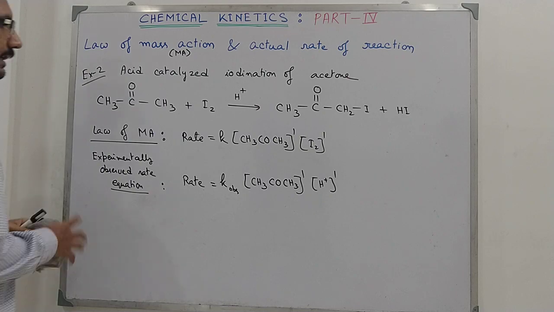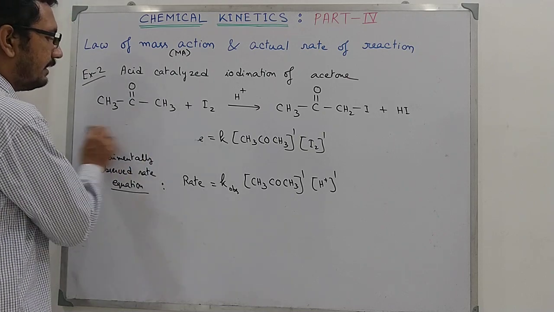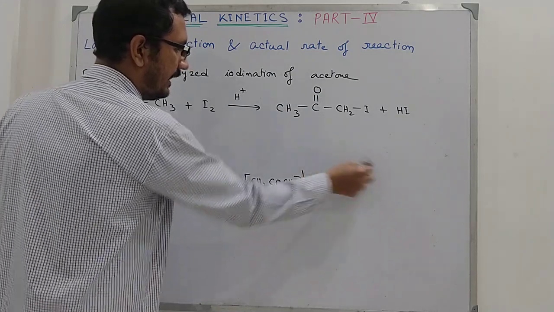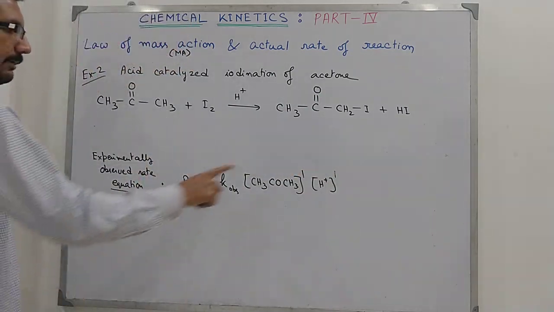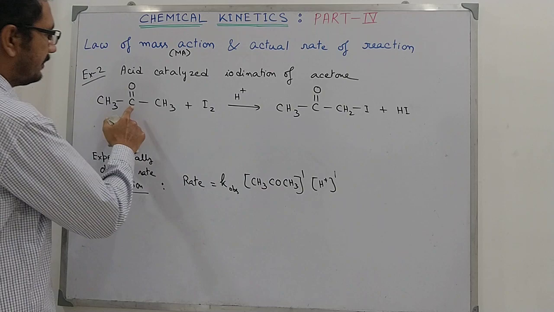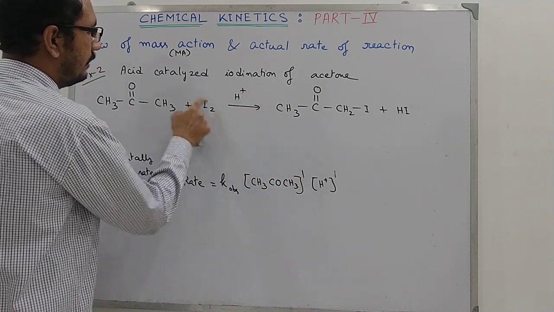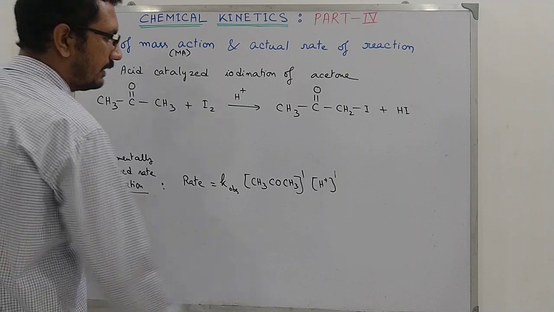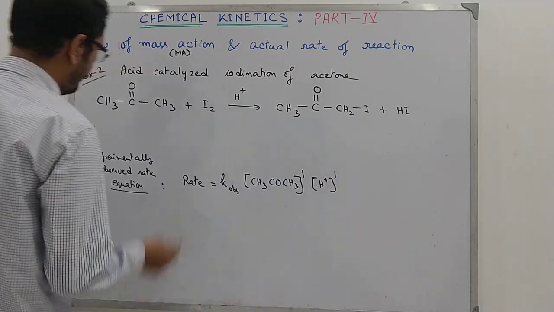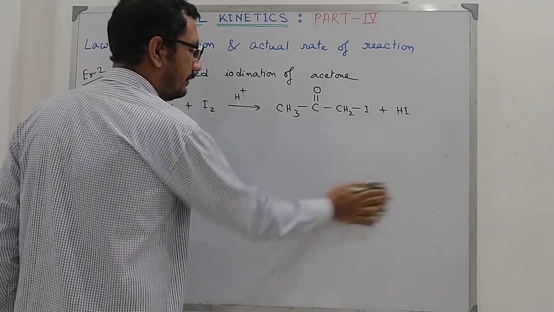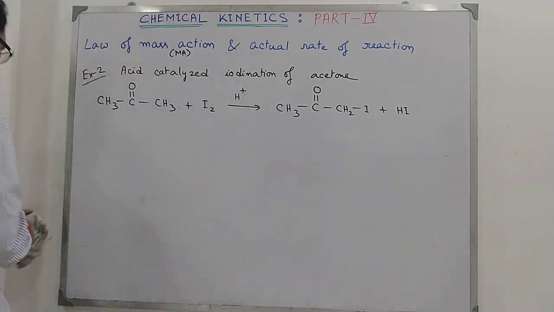Your experiment is giving this rate equation, and this is obviously correct since this is the result of experiment. So what mechanism of the reaction can lead us to this rate equation? Please check. Remember this expression. This is first order with respect to acetone and first order with respect to acid, but it is zero order with respect to iodine, that is the third bracket, I2 to the power 0. So the mechanism proposed for this reaction is